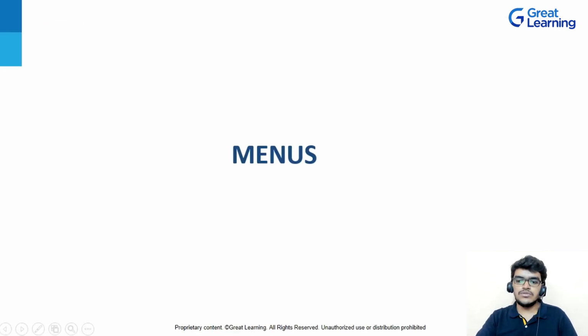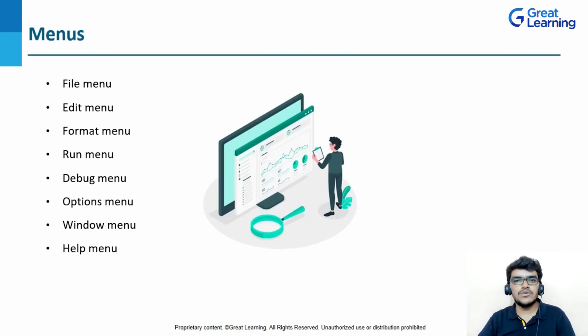So now coming to the menus, we are having different types of menus that are present in the menu bar. We are having the file menu. In the file menu we understood how to create a file and then edit a file, and after that we have seen the execution also. Then we are having the edit menu, format menu, run menu, debug menu. Now coming to the option menu, just now we have seen that on clicking on this option menu, we are having an option of configure IDLE, in which we can do the customization of fonts, highlights, keys, right? And then we are having the Windows menu and help menu.